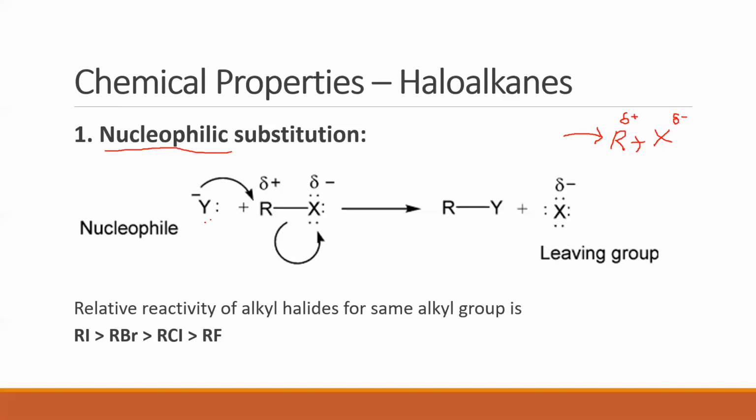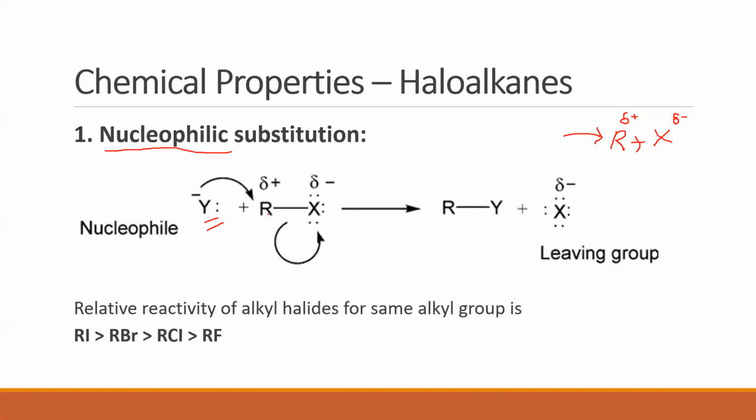A nucleophile is just indicated by a species Y minus. It has a negative charge, excess of electrons. So therefore, it gets attracted to somebody who is positively charged. Hence, it is a nucleophile. Now, we already defined this. R and X: R gets delta plus, X gets delta minus because of inductive effect. So naturally, Y minus will attack whom? Y minus will attack R.